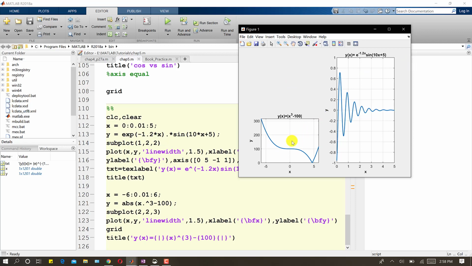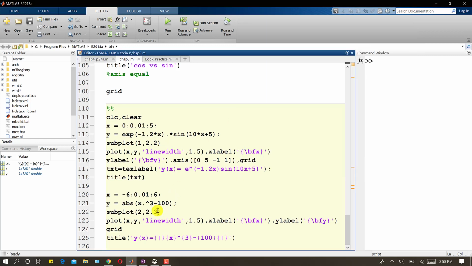Now if you want to plot this small subplot here, what will be the address? In the 2 cross 2 array, this one will be the first subplot. So if I change this 3 to 1, and now if we check it,